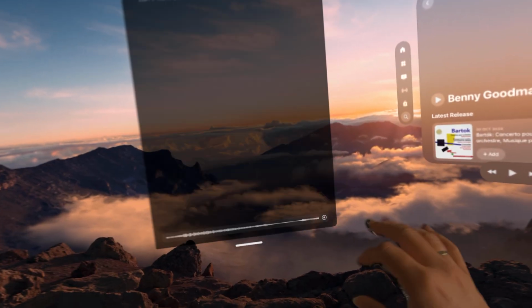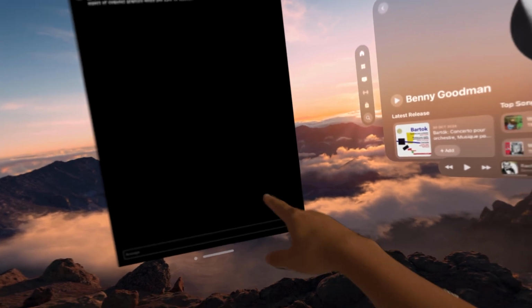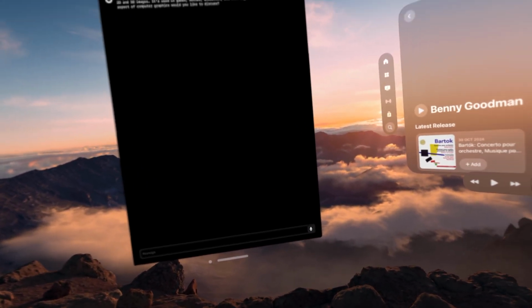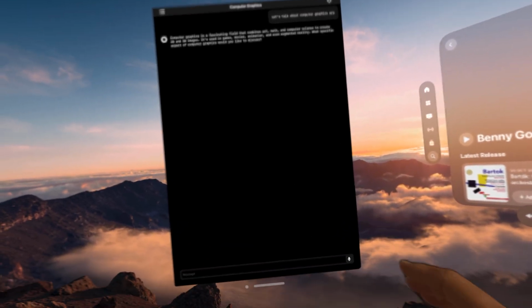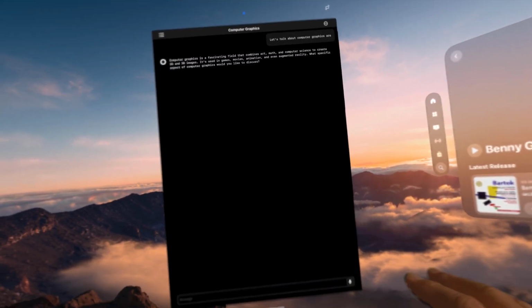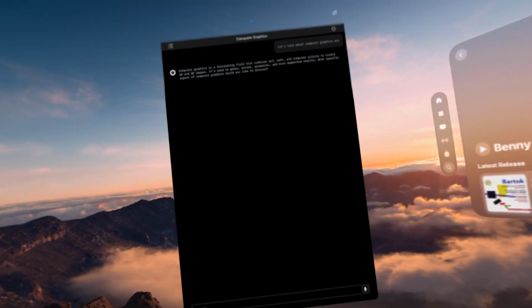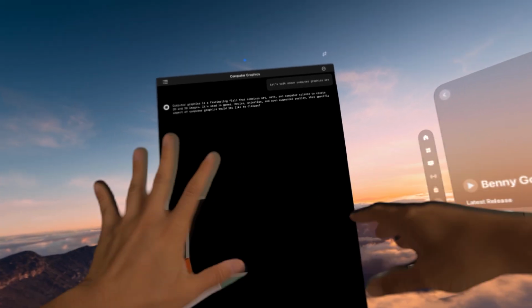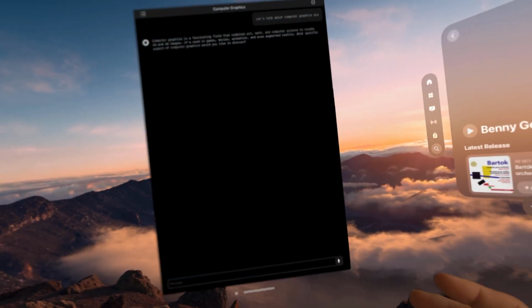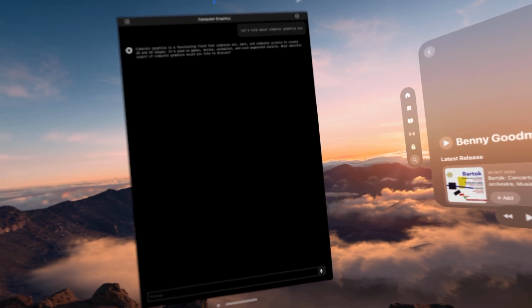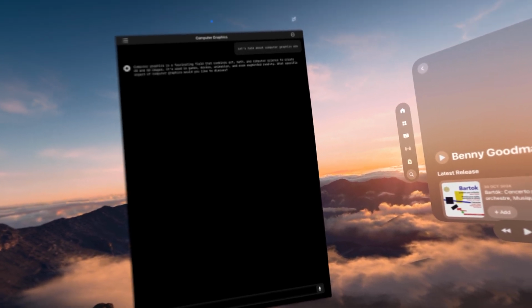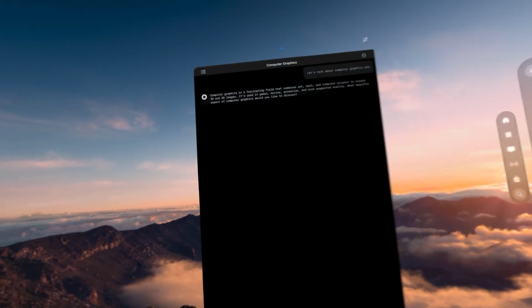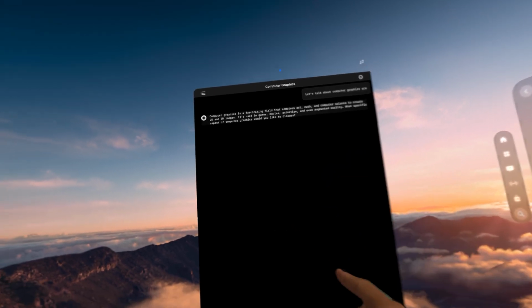So there's dictation and Siri. You can start conversations, and then while you are doing other things, you can keep chatting in English. I think the LLM, the Llama model from Meta, is actually pretty good with English. If I start to ask it to teach me a language like Japanese or French, it might not give the correct answer all the time. But let's say computer graphics.